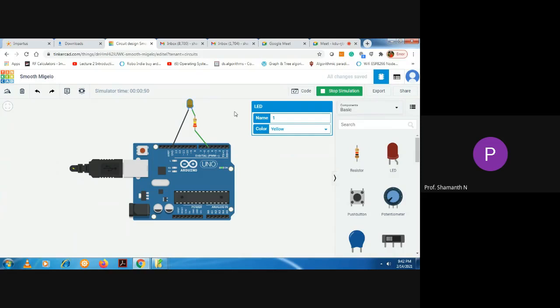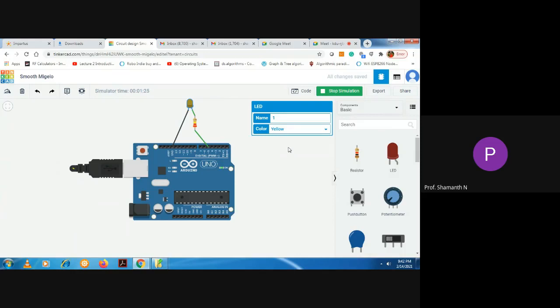After this, let us implement the extended version of LED blink, which is a traffic light controller. Here we have used a single LED, but there you will be making use of 3 LEDs. If you have seen a traffic light signal, you have 3 colors, right? Red, yellow, and green. Using these 3 colors of LEDs, we will implement a traffic light controller project.